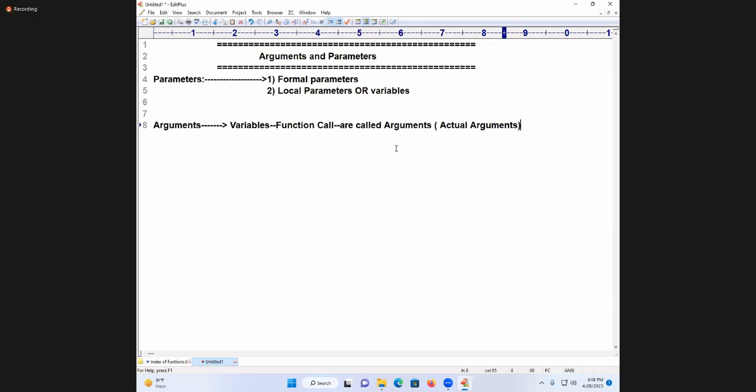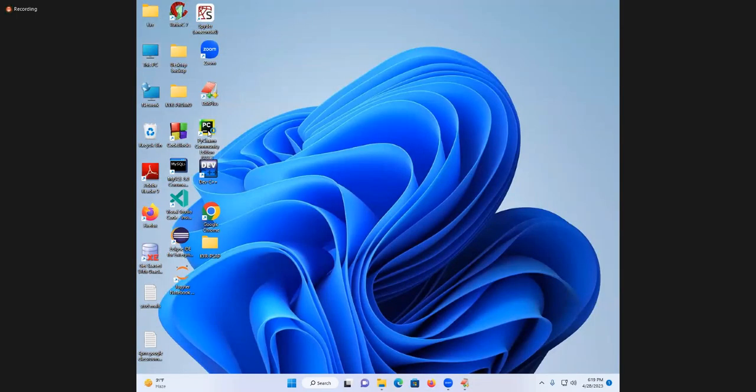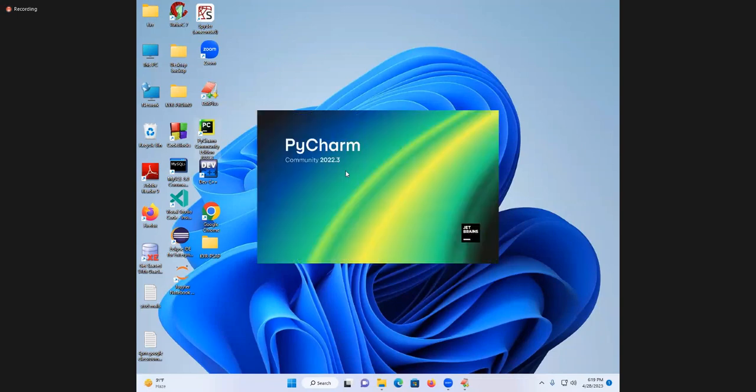Formal parameters are the variables used in the function heading. Variables used in the function body are called local variables. Got it? Let us go to our program, students. Go to PyCharm.